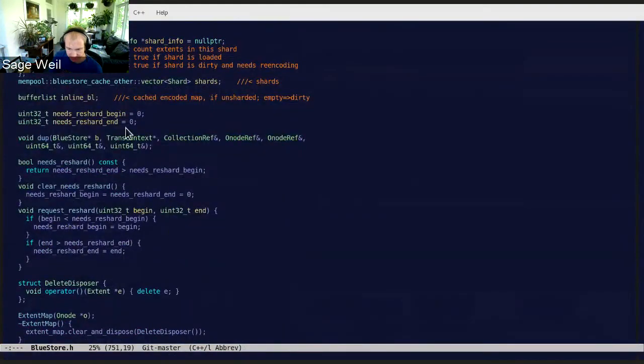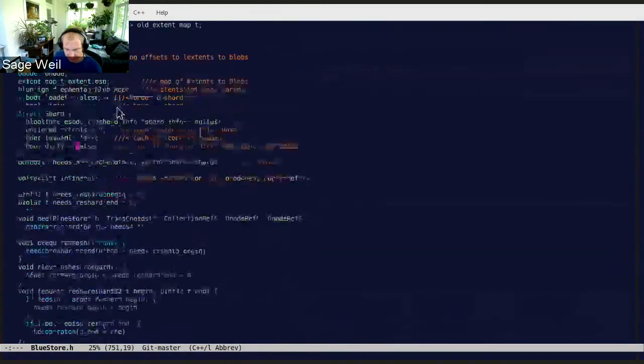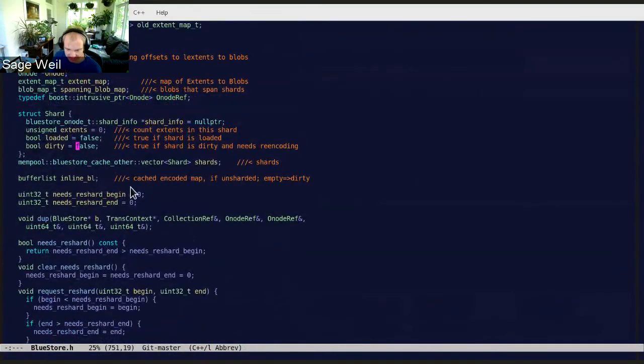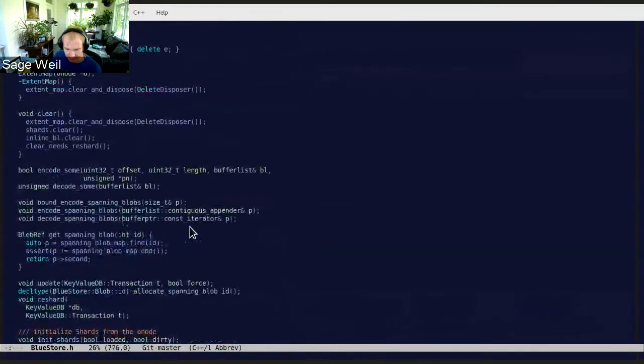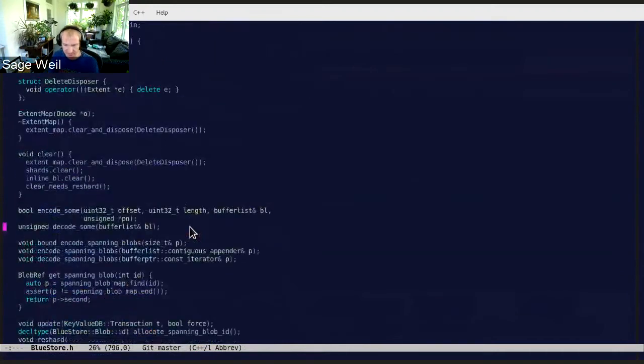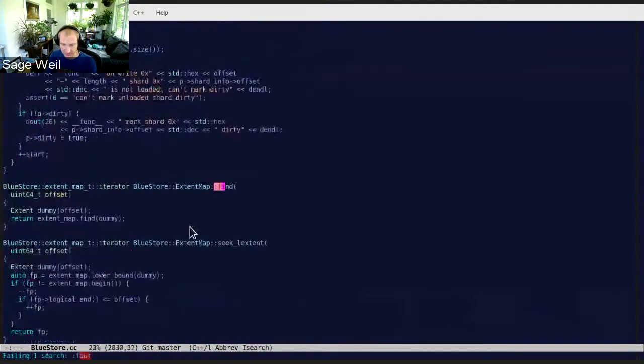And there's some stuff here for being a little bit more efficient about which parts, how many of those extents are dirty for begin and end. But that's basically it. So when we call fault range,